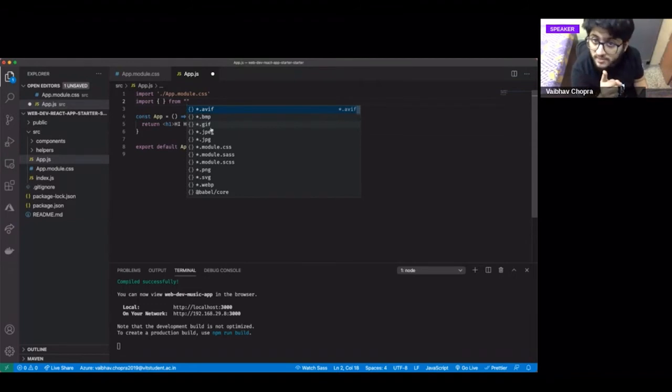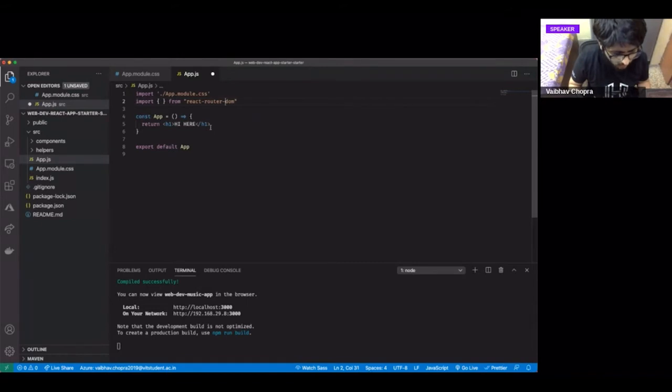If this had been Express, we would have done require React router DOM, but here we use the import from syntax, which is very similar to Python's import from syntax. This is a newer convention of importing things, which you'll find very common in React and most TypeScript based packages.